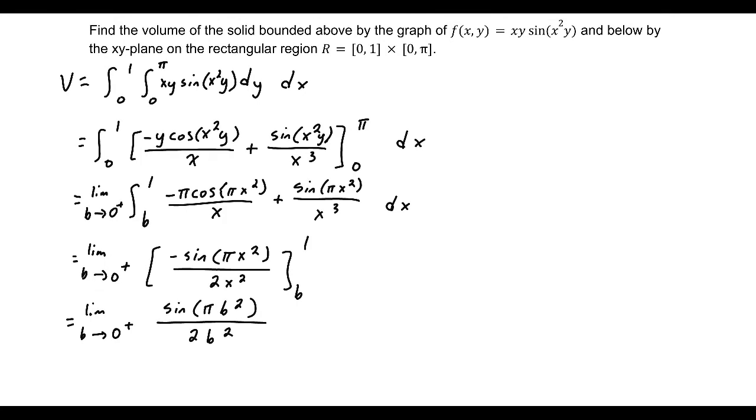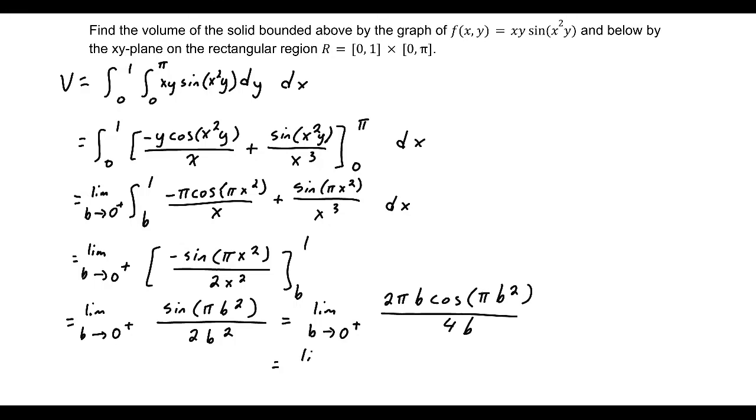Now this limit all on its own does not exist, but if we apply L'Hopital's rule, this will be equal to the limit as b approaches 0 from above of a fraction with a numerator of 2πb cos(πb²) with a denominator of 4b. Now this reduces to the limit as b approaches 0 from above